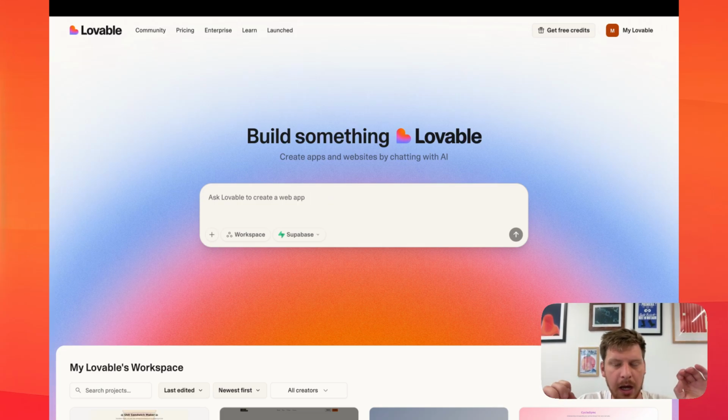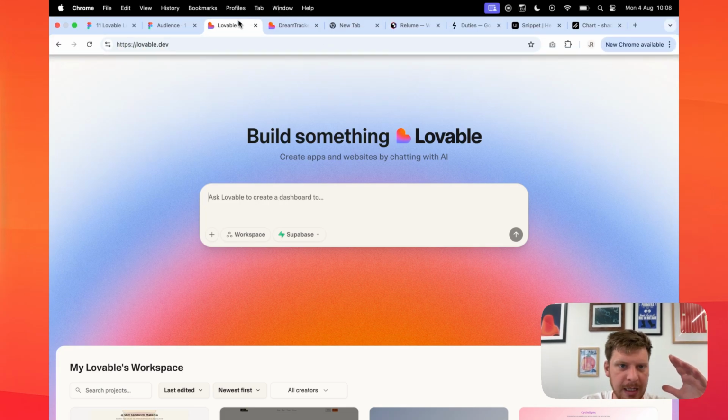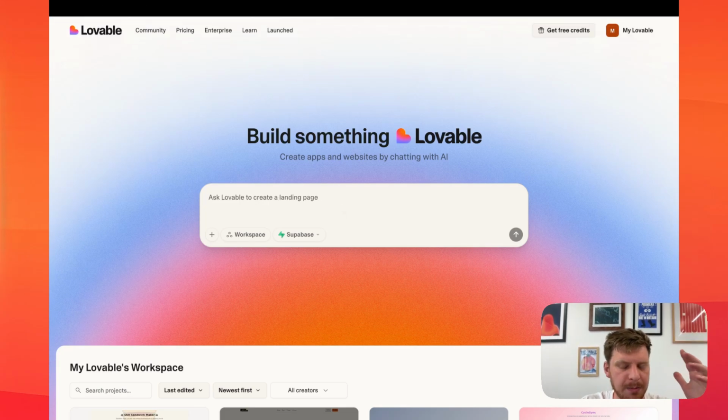In my experience, though, you've got quite a clear idea of what you want to make, and when you type it into Lovable, it comes out and it's like, oh, that's not what I had in my head. It's not necessarily worse, it's just not what you thought.